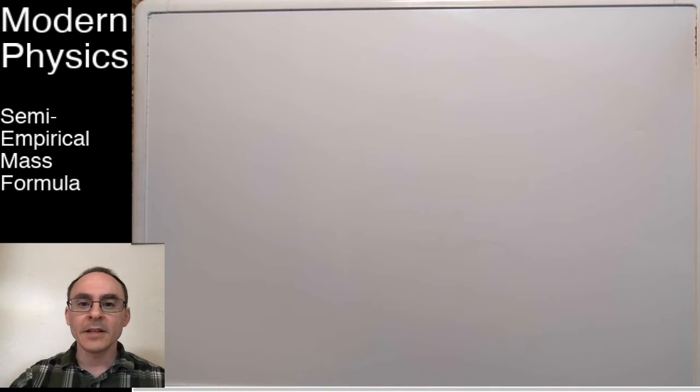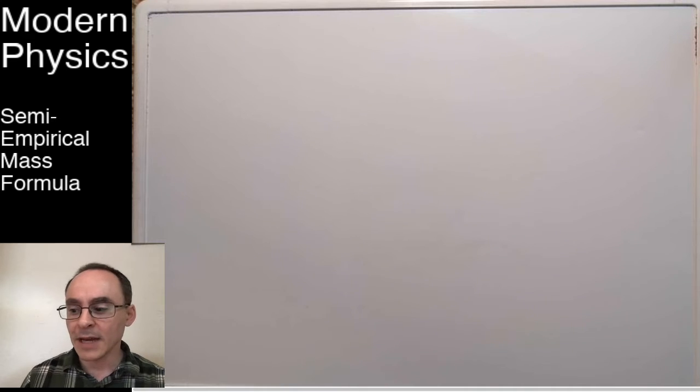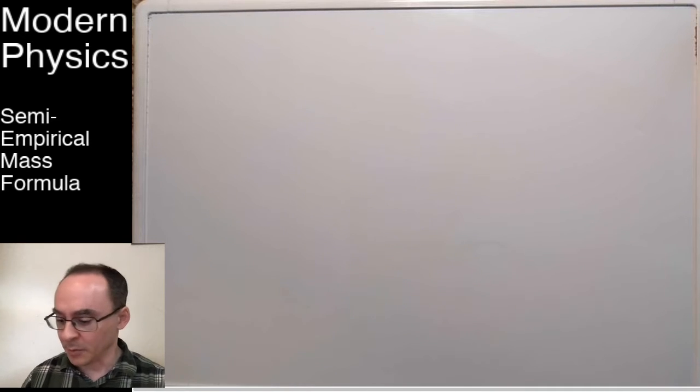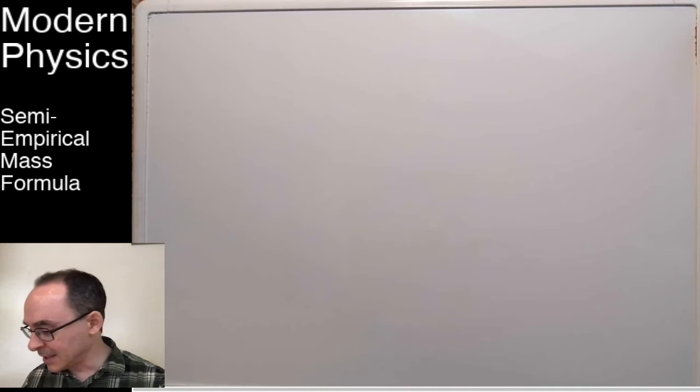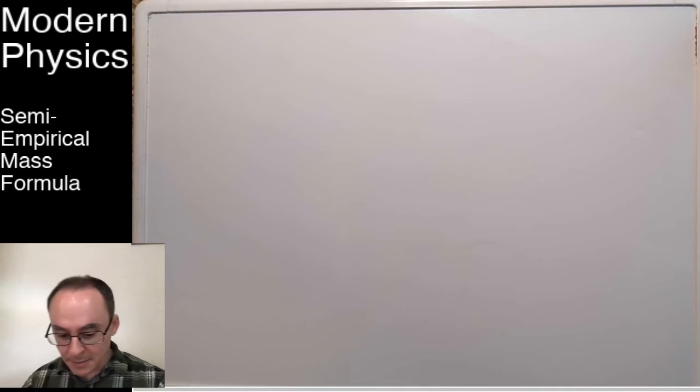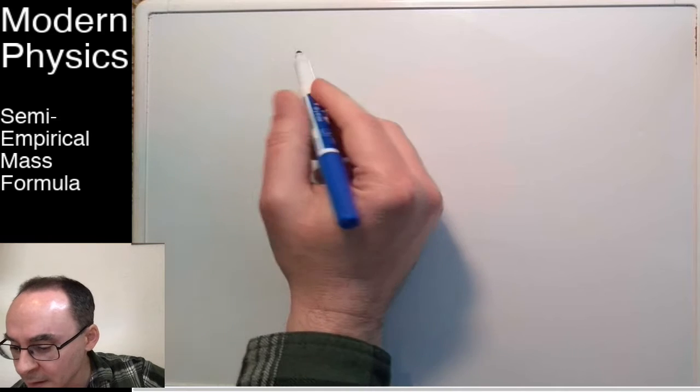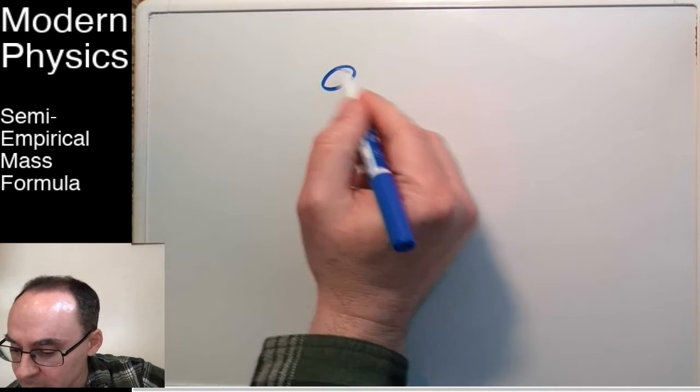Hello, everybody. In this video, I wanted to continue our discussion from lecture and talk about the semi-empirical mass formula, or how, as one professor I had as an undergraduate called it, the semi-unbelievable mass formula, because it's kind of weird that it works. But it really comes from this liquid drop model of the nucleus,